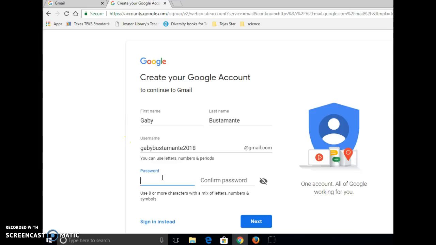And then I'm going to create a password. And according to this, it has to have 8 characters, or a word that has 8 letters. It also has to have some numbers and symbols. So do something that you might remember: your child's name. It can be your address, and then you're going to type that in, and then you're going to do confirm password. That means you're going to type in again, and then you're going to go to next,